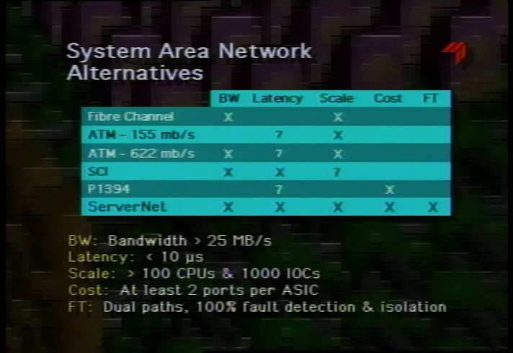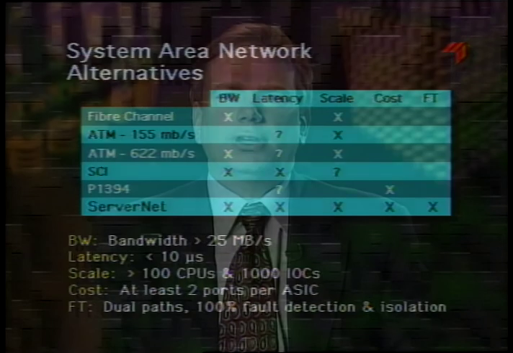The latencies can also be fairly substantial for ATM. A recent study at the University of California at Berkeley measured the latencies through standard ATM switches and found those latencies to be between 26 and 208 microseconds round trip per switch. Again, if these switches are cascaded, we're well beyond the realms that would be tolerated for a system area network.